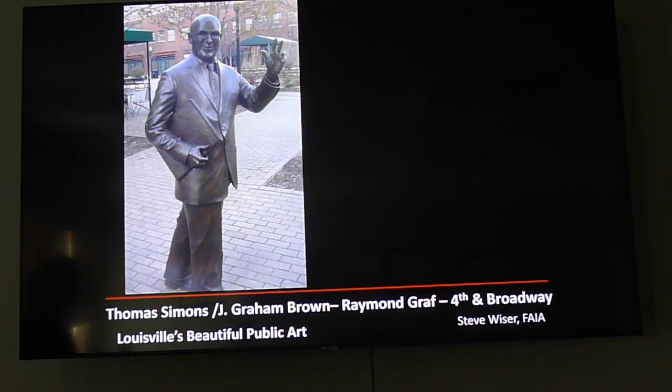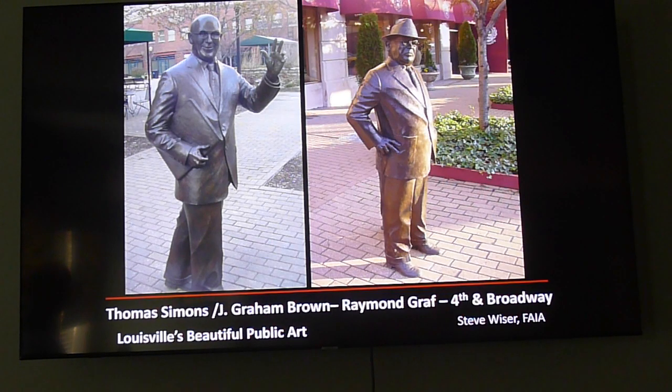This is Tom Simons, who's waving at you there. He was the head of Capital Holding Company, which was an insurance company, and he's waving across the street to J. Graham Brown. Both these statues were created by Raymond Graff, and they're there. J. Graham Brown is standing outside of his hotel, the Brown Hotel. You may have heard of that, down near 4th and Broadway. And Tom Simons was also outside his building, which unfortunately no